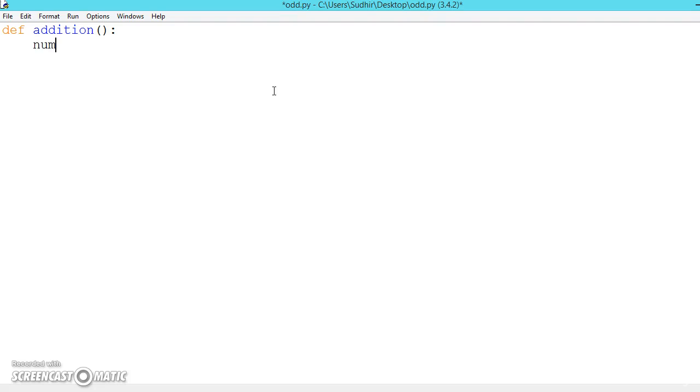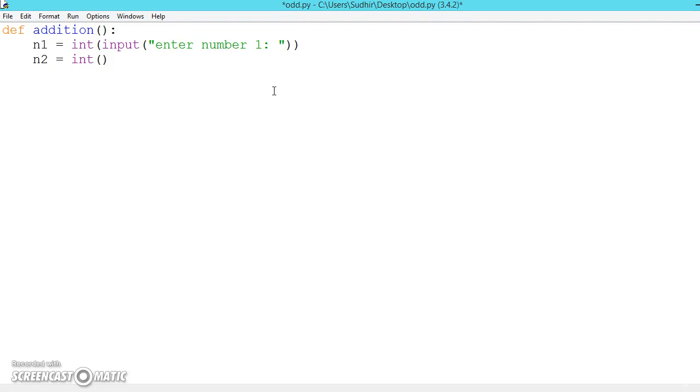Let us say n1 is equal to int input, "enter number 1". We will ask the user to enter number 1, number 2, and print it out.